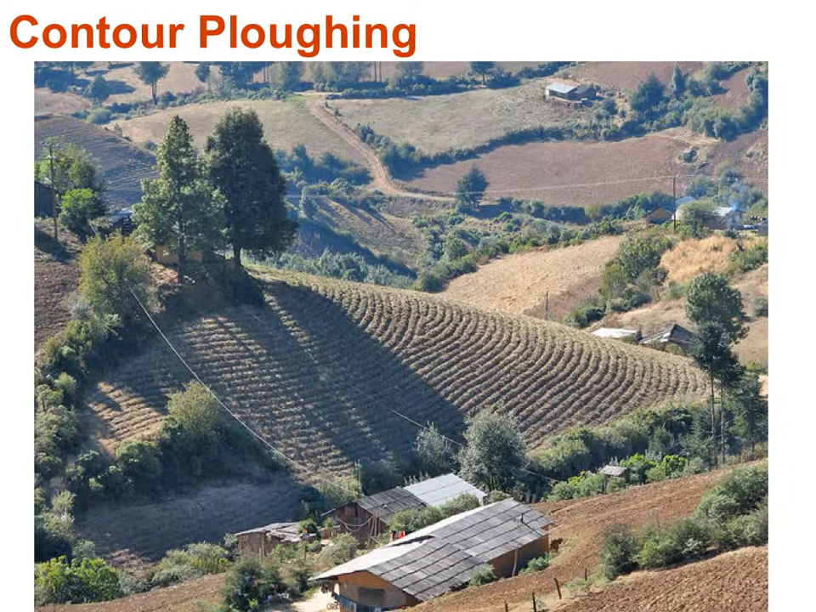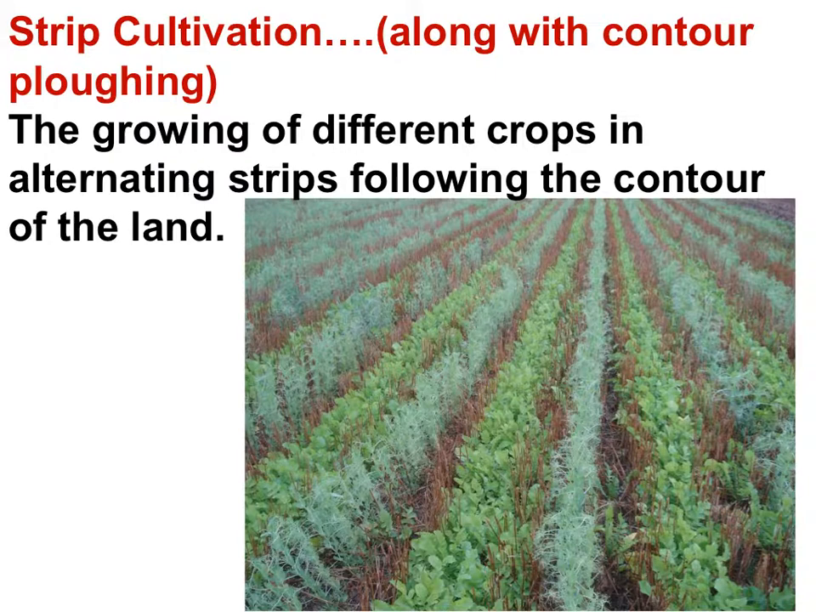Here is a nice photograph of contour plowing. You can see how the rows follow the contour of the land, or one could say the rows are perpendicular to the slope. Contour plowing inhibits water from running directly downhill. Contour plowing reduces erosion. A soil conservation measure, a soil cultivation technique practiced in combination with contour plowing, is strip